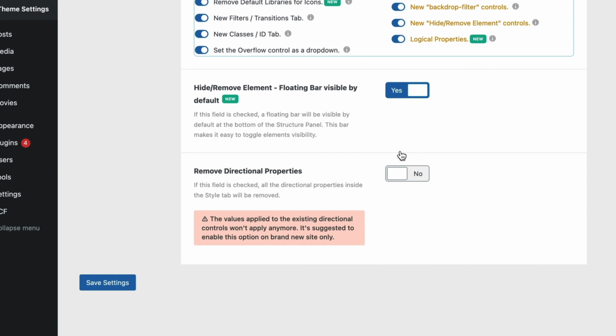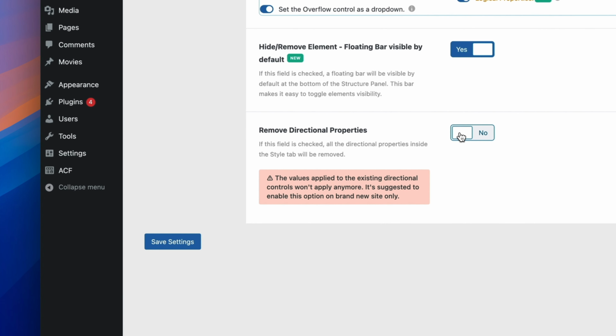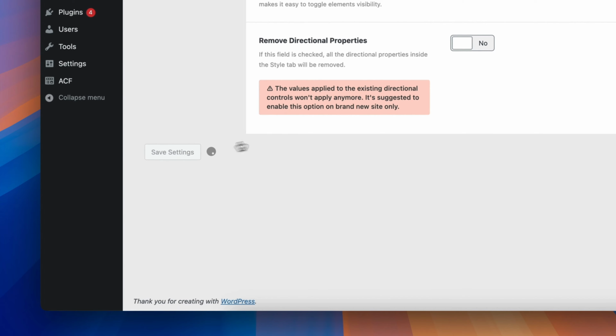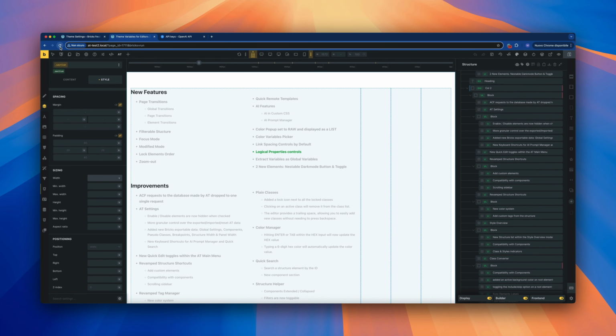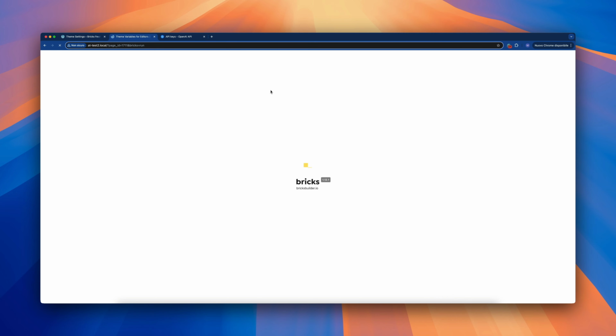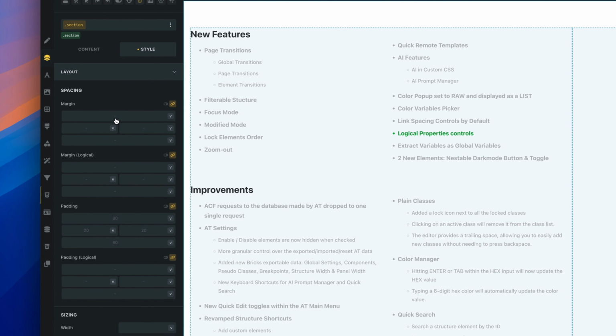We can enable it, and you also have the ability to remove the directional properties. For now, let's just keep both ways alive inside the builder, and let's refresh and see how it looks now inside the builder. So if we go into the layout now, you see that we don't have only the margin, but we also have the margin logical version. And if we do apply this